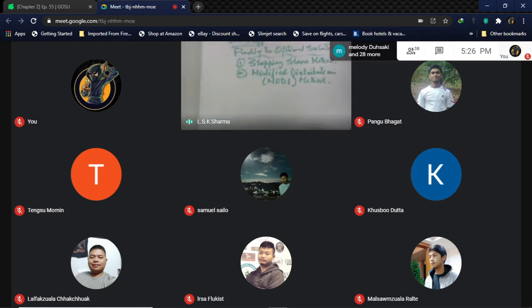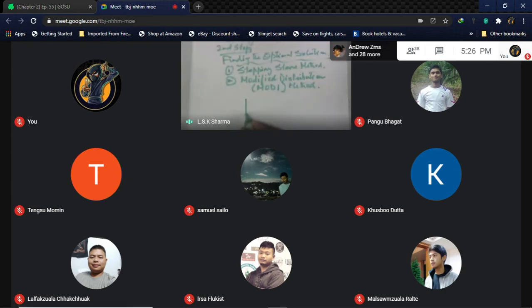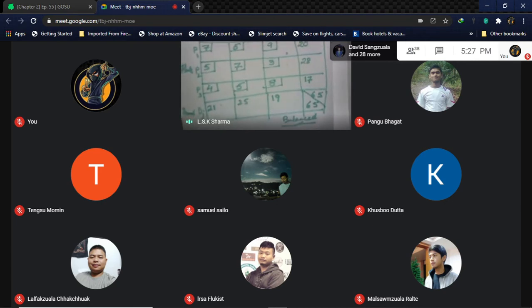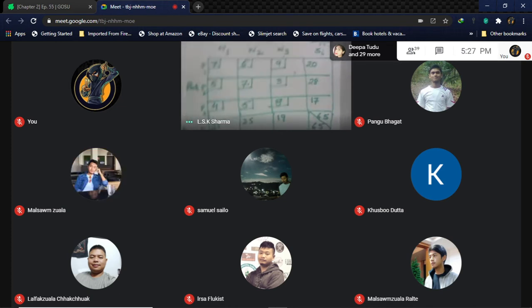Generally, when you look into any map, you will find that it is written as north and south, and there is east and west. So where is the northwest? The northwest is in the corner here, on the left hand side and on the top. This is what we call the northwest corner. So you start from here. You have a problem here, so we start from the first one.